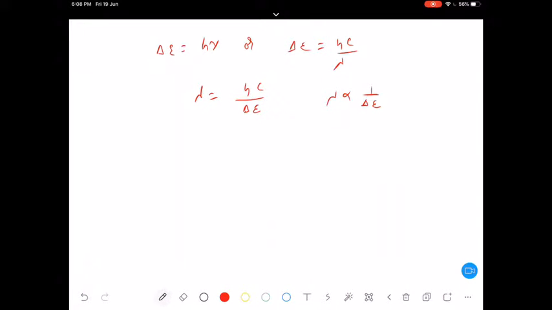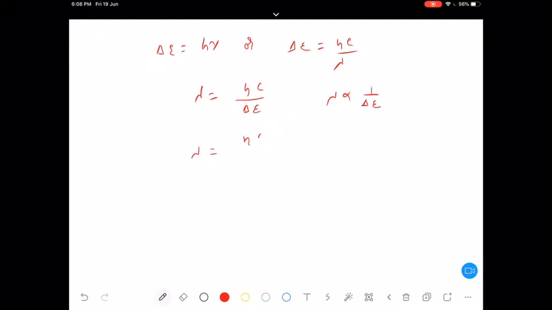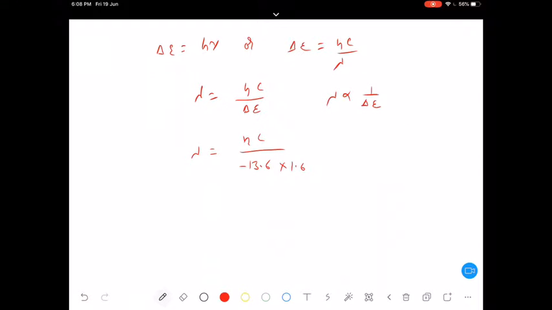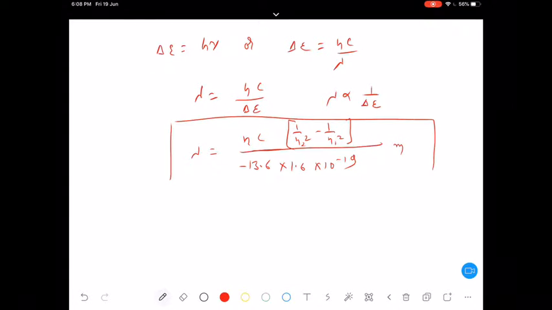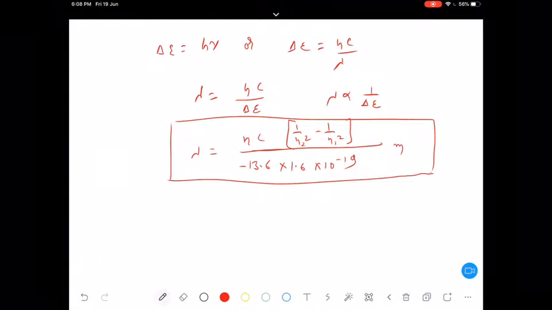So we can calculate the wavelength associated with any excitation or de-excitation. That's what we can do. That is the first part. Any confusion, any doubt? Or you can even write the expression for that. Lambda can be written as hc upon minus 13.6 into 1.6 into 10 to the power minus 19, 1 upon n2 square minus 1 upon n1 square, in meters, if you put everything in SI units. Is that clear? Any confusion, any doubt?